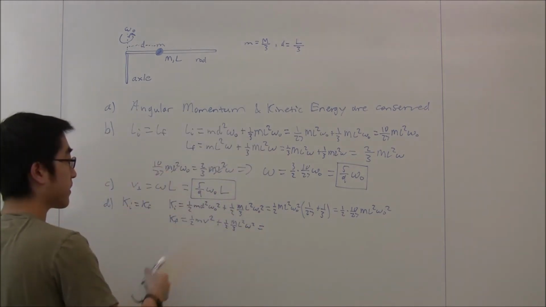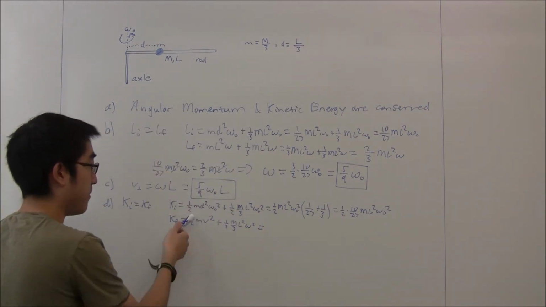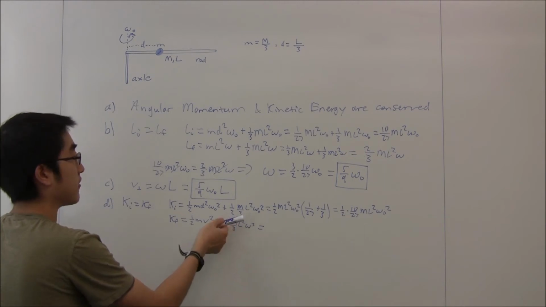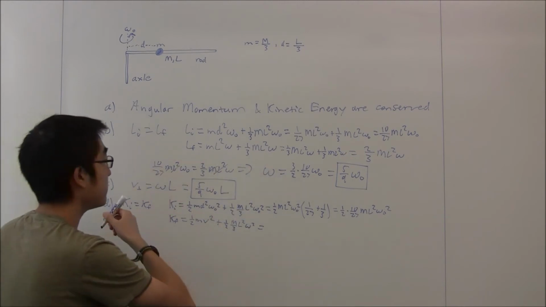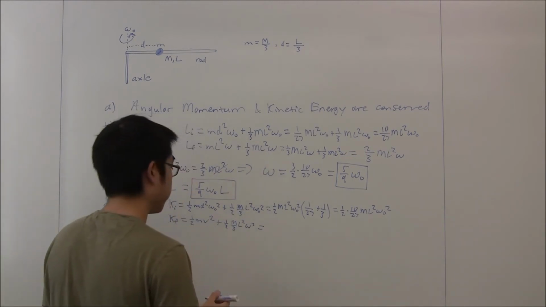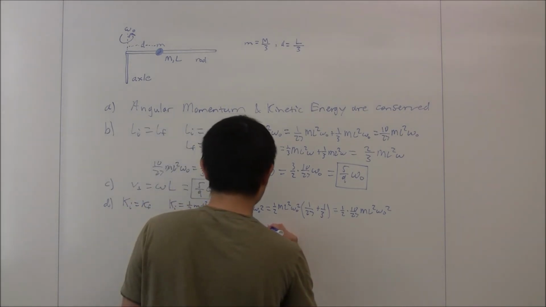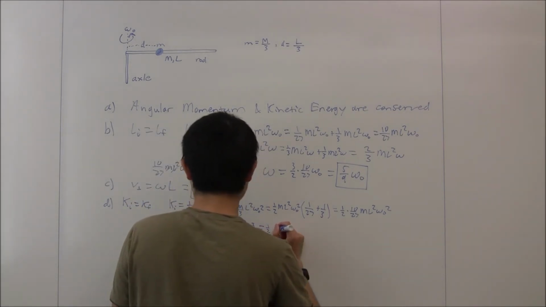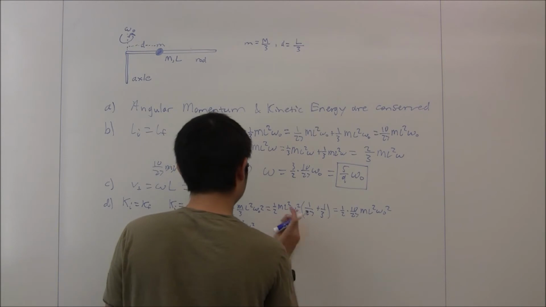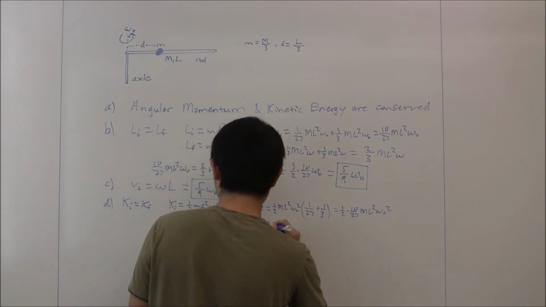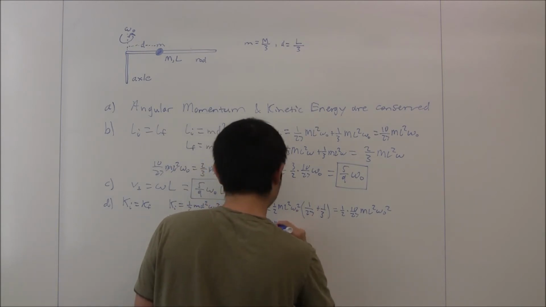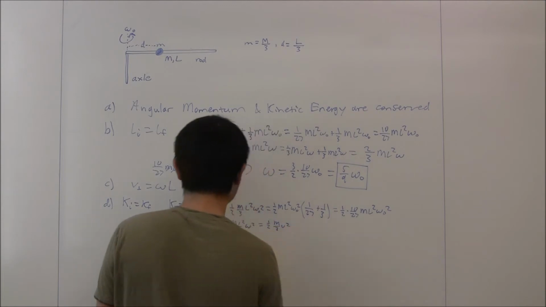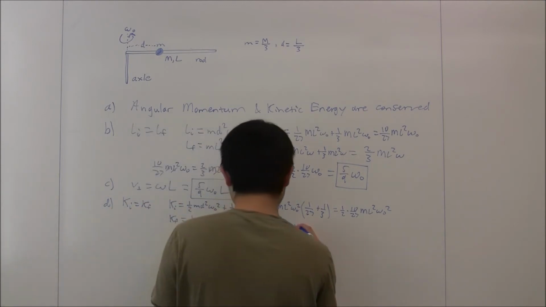Now, if we sub in for m and our value for omega, which we found in part B, we're going to get 1/2. Let's move this up. So 1/2 big M/3 v squared plus